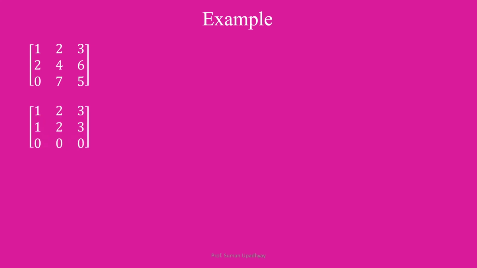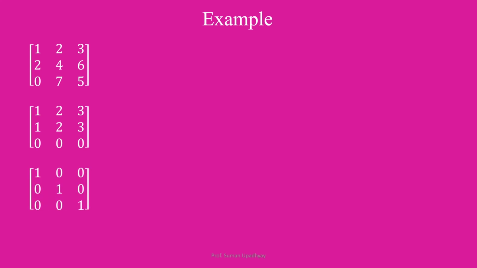In the second example, you can see the first and the second rows are the same, and the third row is a zero row. We are not going to consider the third row. And of the first and second rows, we make the second row a zero row by applying the operation R2 minus R1. So again, the second row will become 0. The only row which is independent, which is unaltered, is the first row, and therefore the rank of this given matrix will be 1.